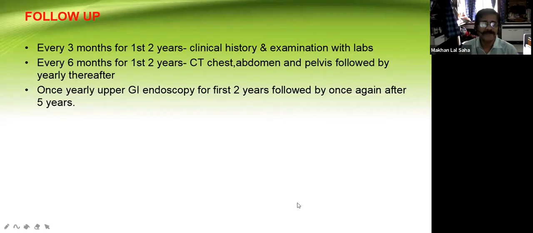I think you would have touched a little about the adjuvant therapy in the post-op setting. Okay, chalo, theek hai, we have a discussion. Okay, so